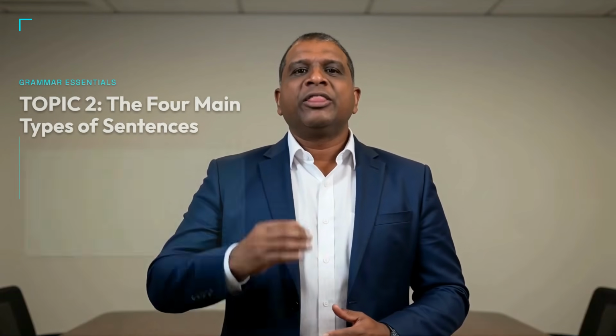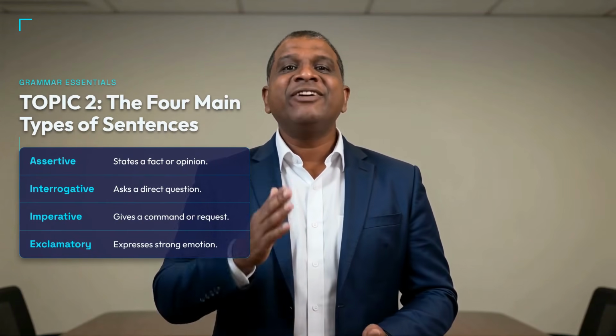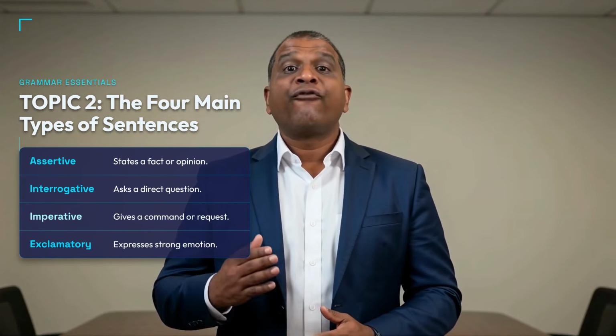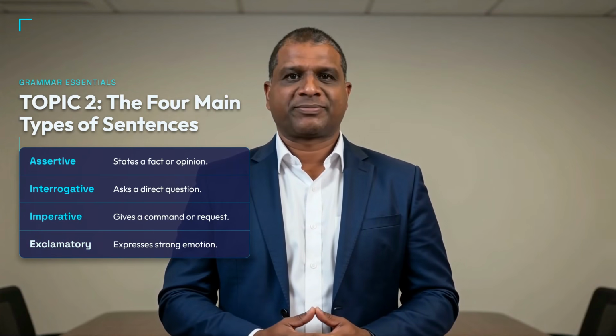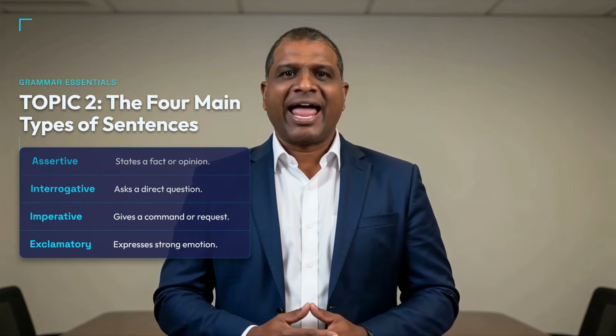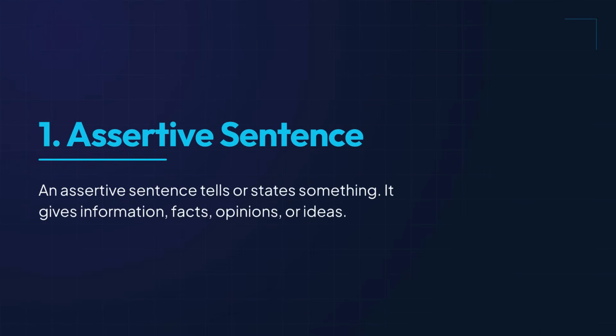Topic 2. The four main types of sentences. Every sentence has a purpose. Today we will study four main purposes: assertive, interrogative, imperative, and exclamatory. First, the assertive sentence. An assertive sentence tells or states something and makes a statement. It gives information, facts, opinions, or